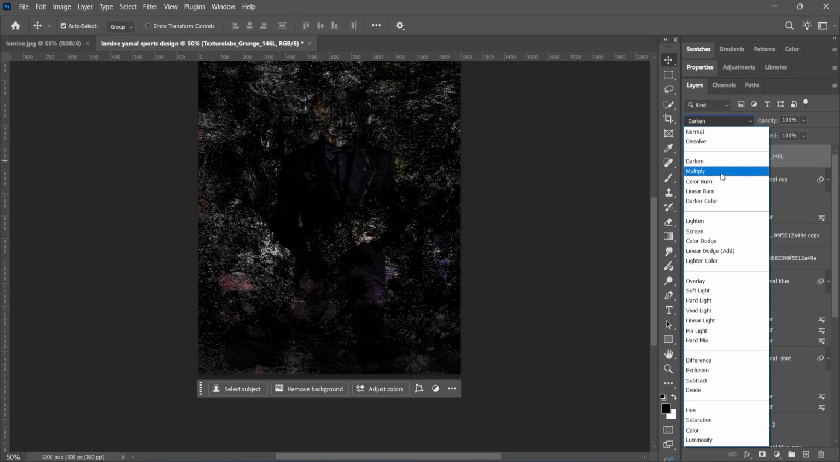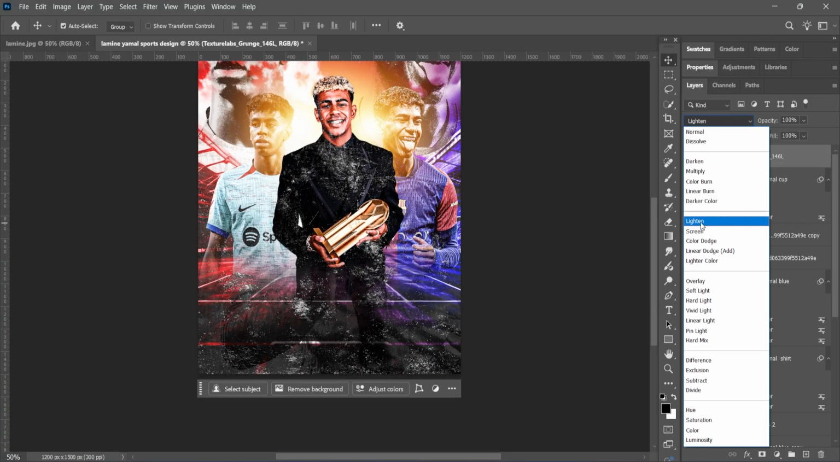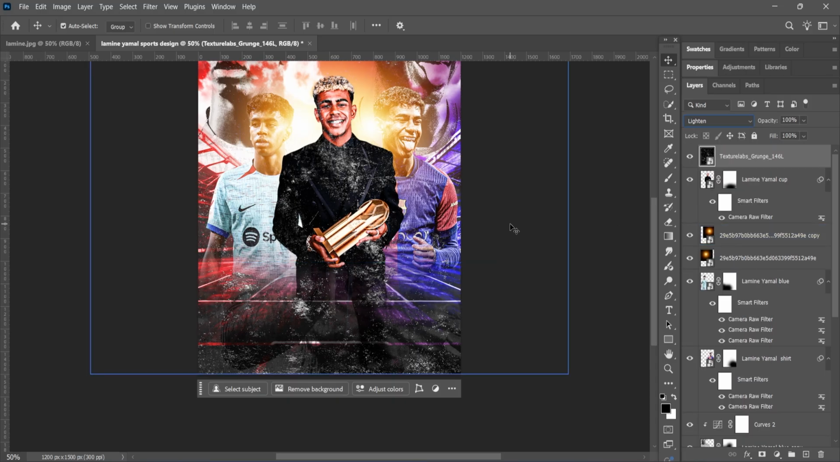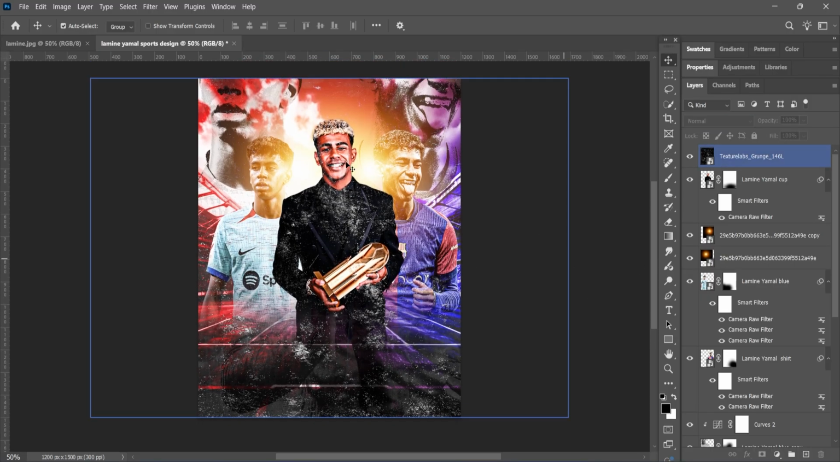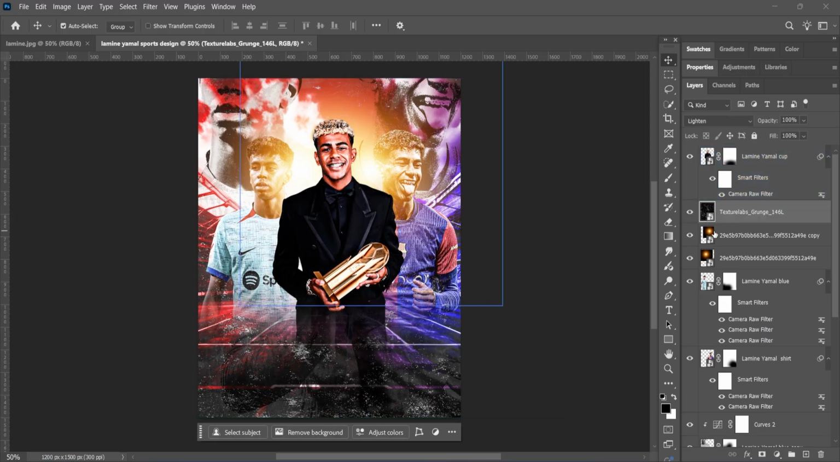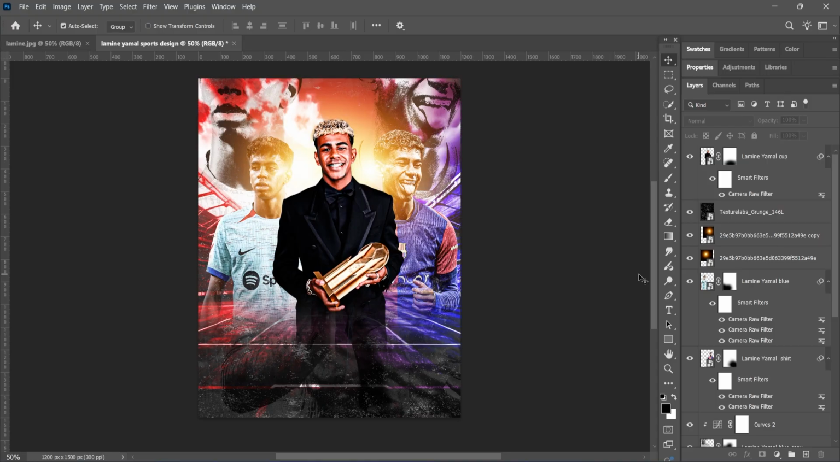I'm changing the blending mode to lighten or screen. I go for lighten. This time around we don't want it to affect the Lamine markup. So I'll bring it below the Lamine markup like that, and I'll decrease the opacity a bit like this. Yeah. So my next thing that I'll do here is